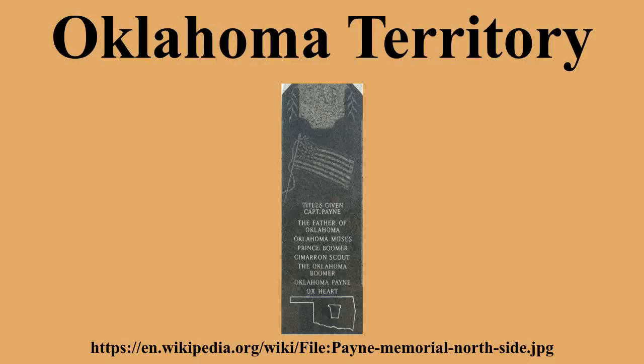Elias C. Boudinot, then a railroad lobbyist, wrote an article that was published in the Chicago Times on February 17, 1879, that popularized the term unassigned lands to refer to this tract. Soon the popular press began referring to the people agitating for its settlement as boomers. To prevent settlement of the land by European Americans, President Rutherford B. Hayes issued a proclamation forbidding unlawful entry into Indian Territory in April 1879.